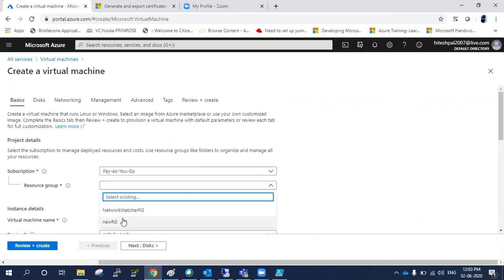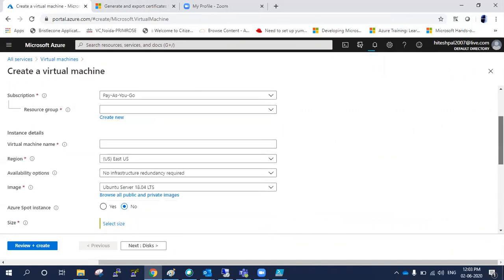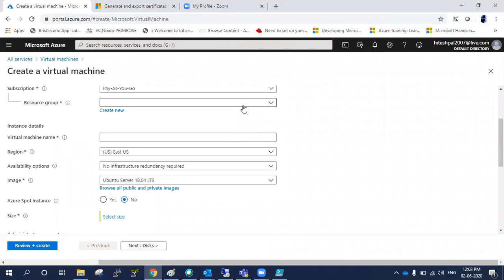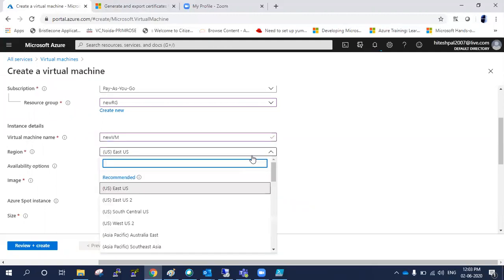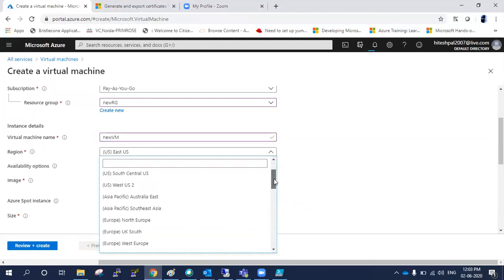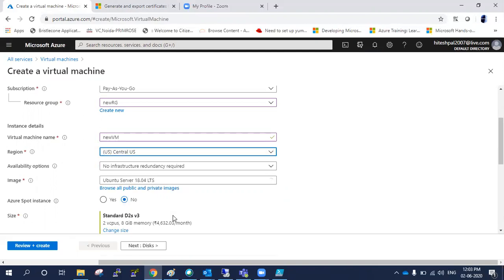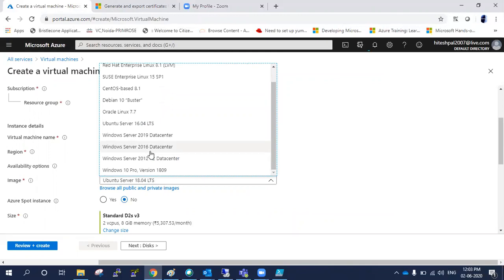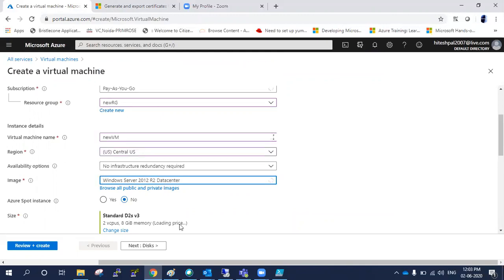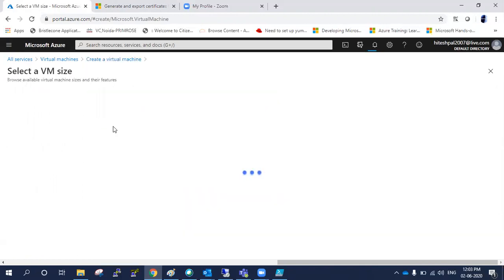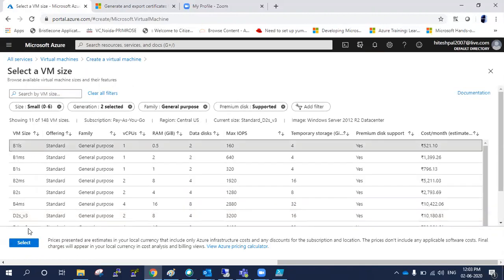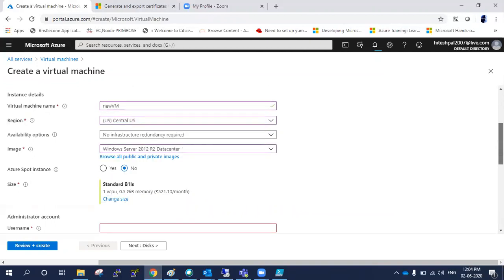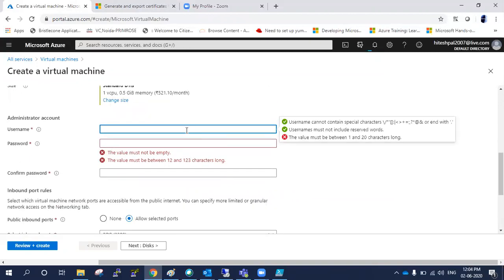I'm selecting my resource group. My VM name is new VM. Selecting the region, the region will be Central US. I'm selecting Windows Server 12, and for size I'm selecting the lowest one.